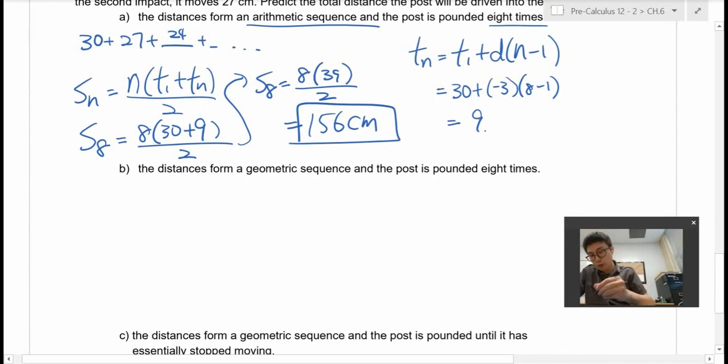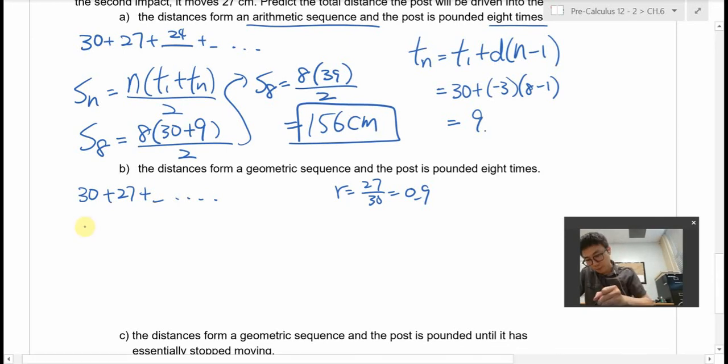Part B says, if the distance is from a geometric sequence instead and is pounded 8 times. In that case, it would be 30 plus 27. So you can see the common ratio is 27 over 30, which is 0.9, right? 90% of what it was. And I don't know what the next numbers are. That's fine, you need to actually use a calculator